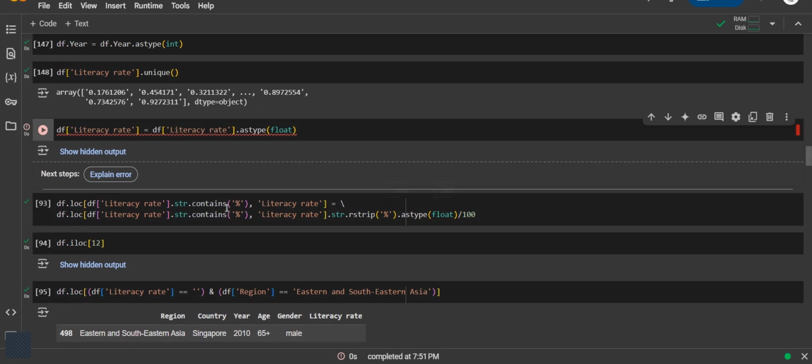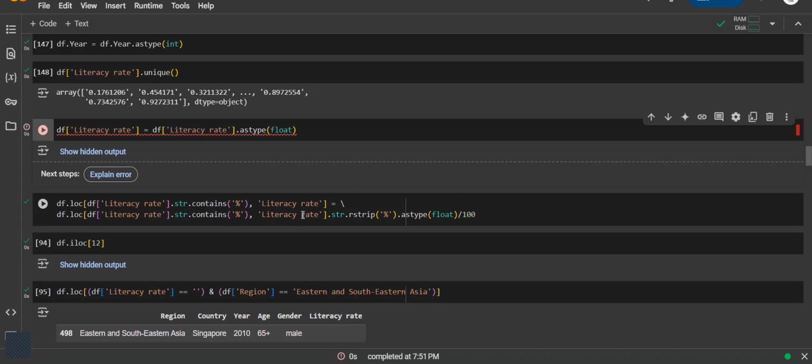So this one actually helped me figure out the column. So df.string contains percentage and it is in the column literacy rate. So I went ahead to equals to this very where the string contains the percentage rate and it is in